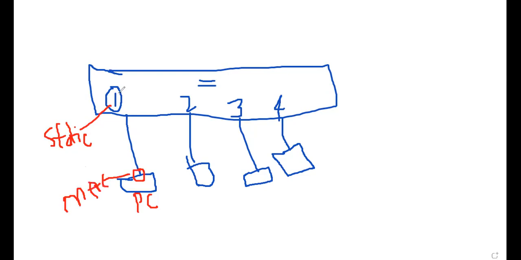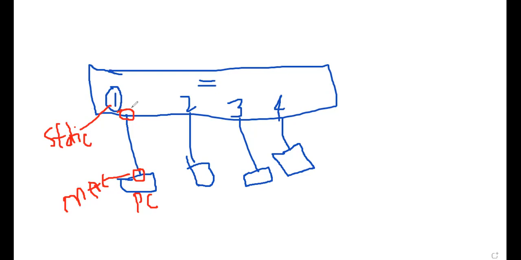The switch will learn this MAC address and note it in the switch, and we call this MAC address a dynamic MAC. So every port of the switch will have one static MAC, the MAC of that port, and the dynamic MAC, the MAC of the connected system.